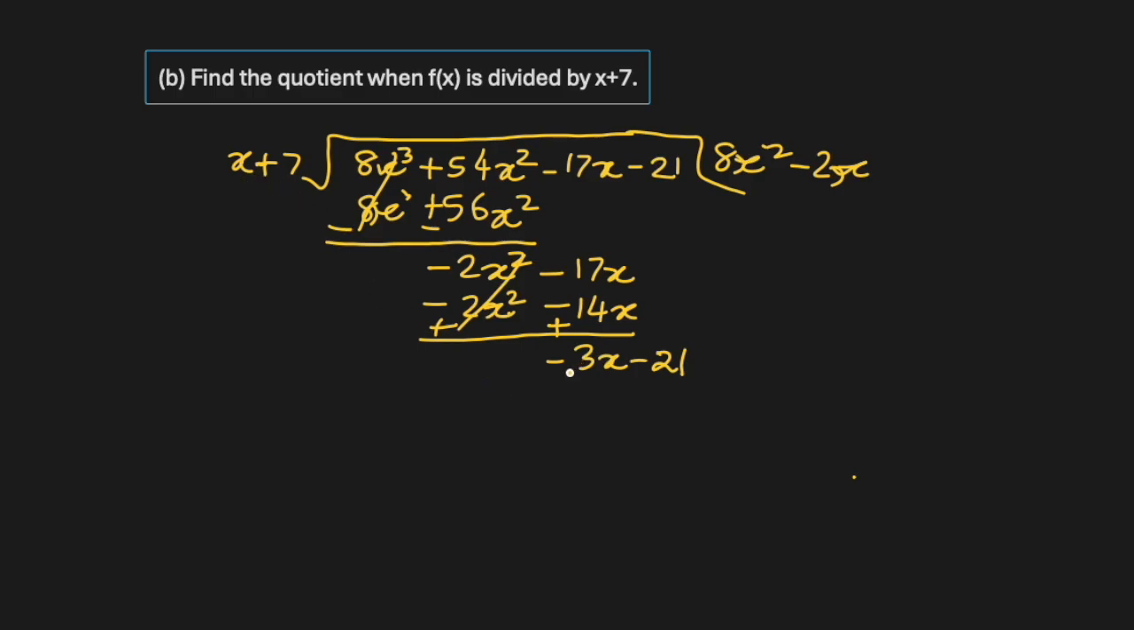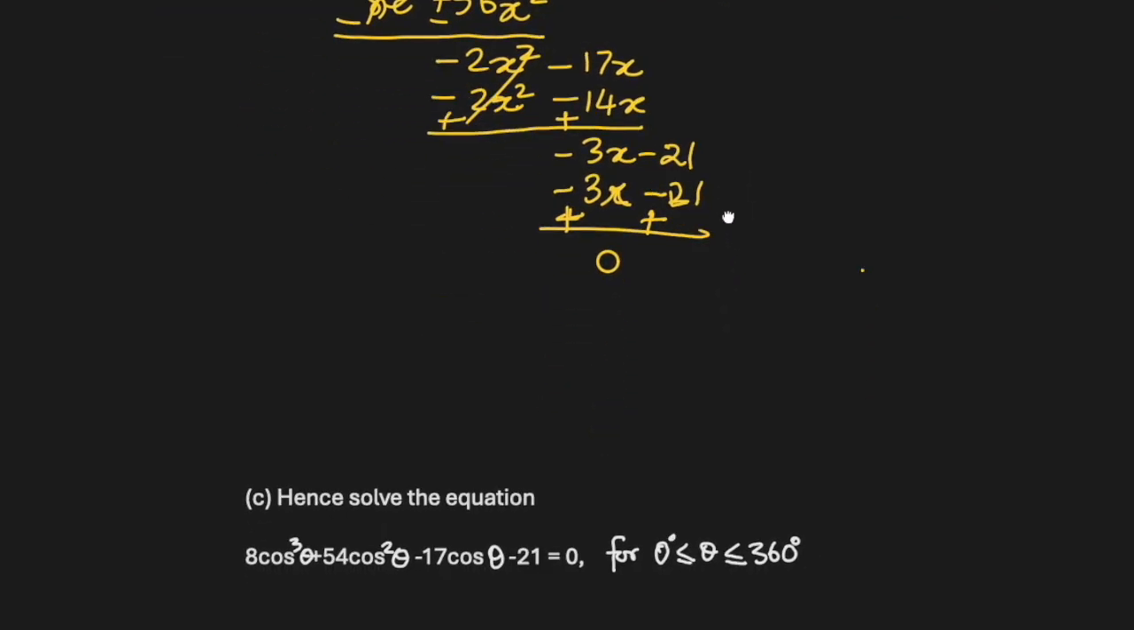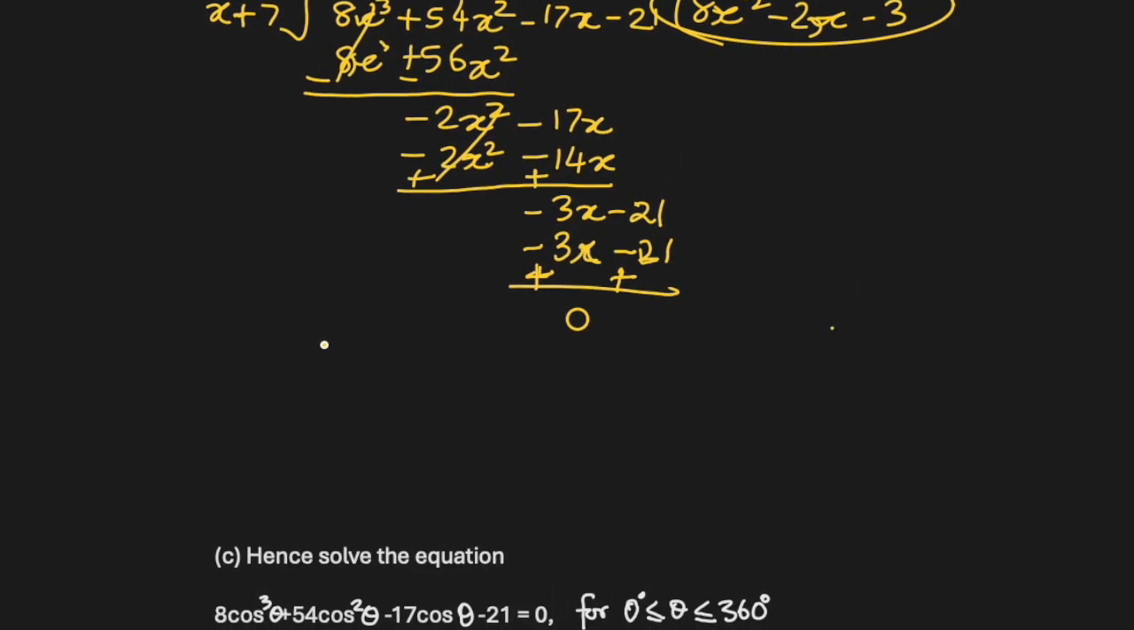So I need to multiply x with minus 3 so that it becomes minus 3x. So minus 3x. And minus 3 multiplied with 7, we get minus 21. Obviously, the remainder will be 0, according to the remainder theorem, we already got it earlier. And that's why this is the quotient they were asking for. Now, hence solve the equation, and it is exactly the same equation. You can see 8x cube, 8 cos cube theta, 54x square, 54 cos square. So it is exactly the same. In place of x,